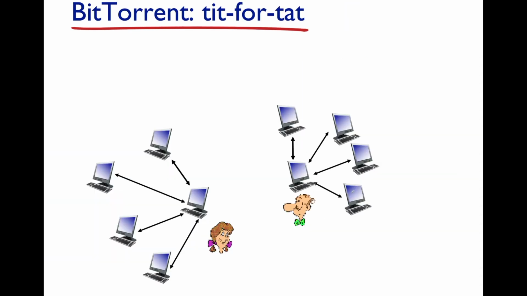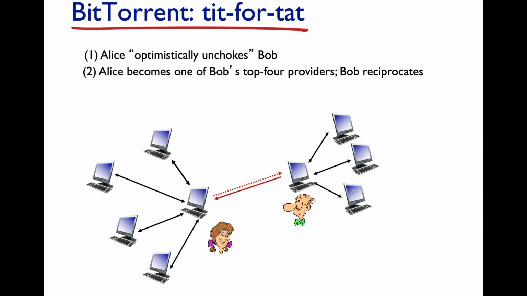So let's take a look at BitTorrent's tit-for-tat. We'll visualize this. Here we have Alice, and here we have Bob. So Alice optimistically unchokes Bob. She randomly selects Bob as a potential trading partner, even though he's not among the top 4 trading partners of Alice at the moment. So then Alice starts sending chunks to Bob, and Alice becomes one of Bob's top 4